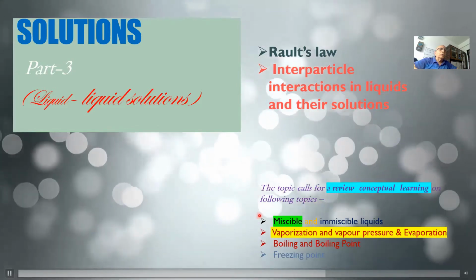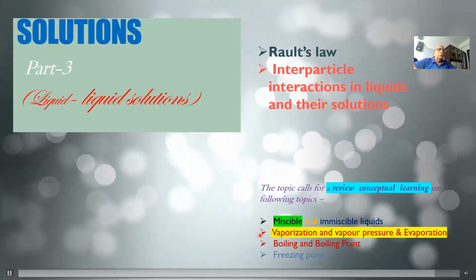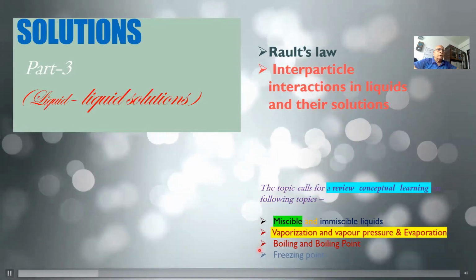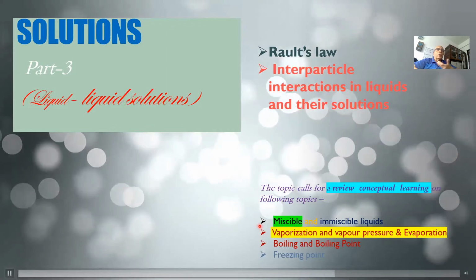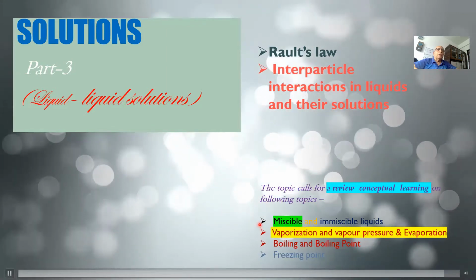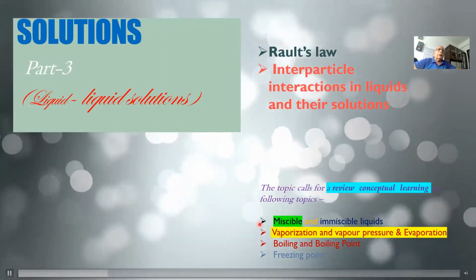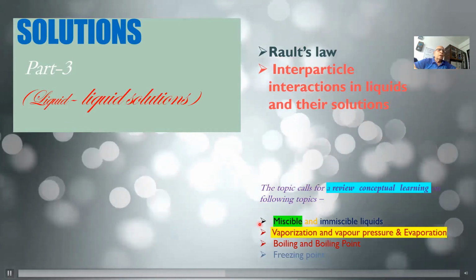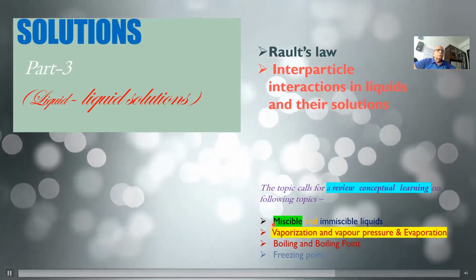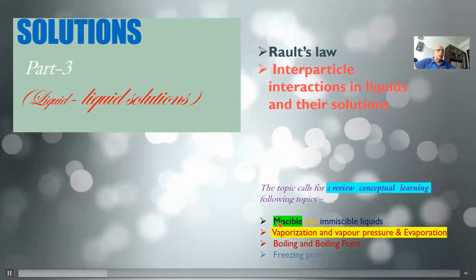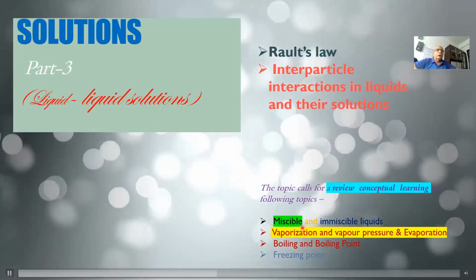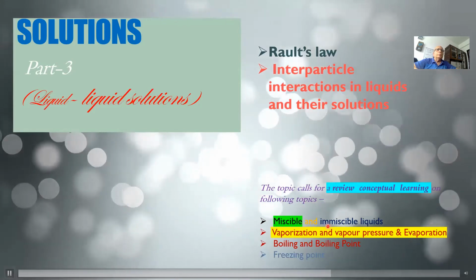Liquids are of two types. What are the topics we are required to take up in this connection? We shall hurriedly go through them and revise whatever we have learned about the properties or characteristics of the liquid. In this context, I'll say two types of liquids are there, miscible and immiscible